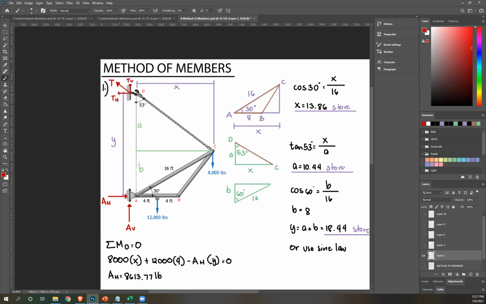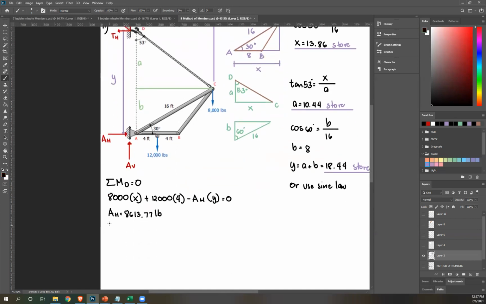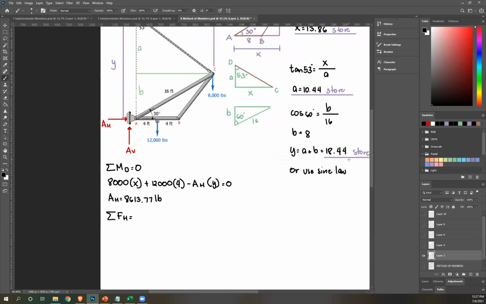Okay, so if you do summation of forces vertical, you have two unknowns, AV and TV. So I can't do that yet. So instead, let's use the other equilibrium equation, which is summation of forces horizontal. Okay? And you'll notice the only horizontal forces are AH and TH. Okay? So AH to the right,